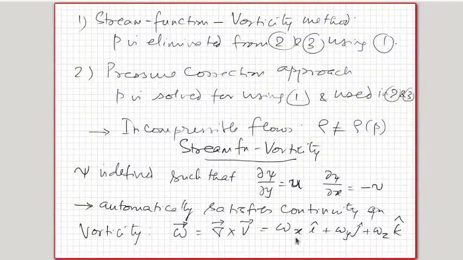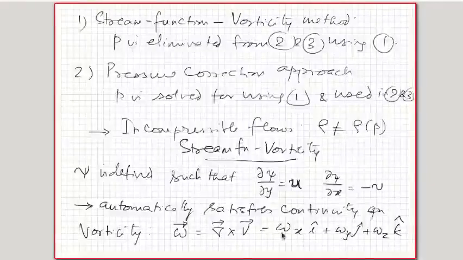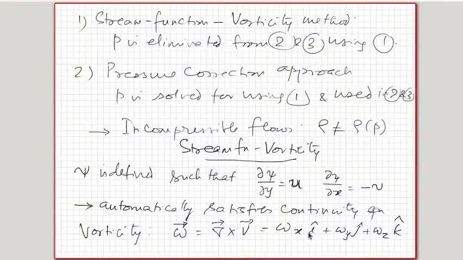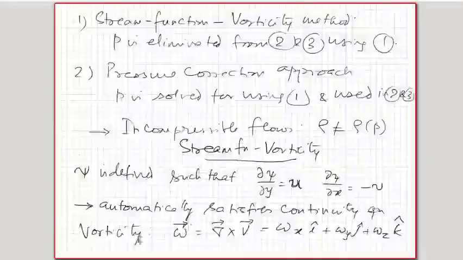Now each of these is the direction normal to the plane on which this vorticity is operating. So in a two-dimensional case, this i and j are in directions which are not relevant. k is the vector normal to the xy plane, which is the plane of our interest,